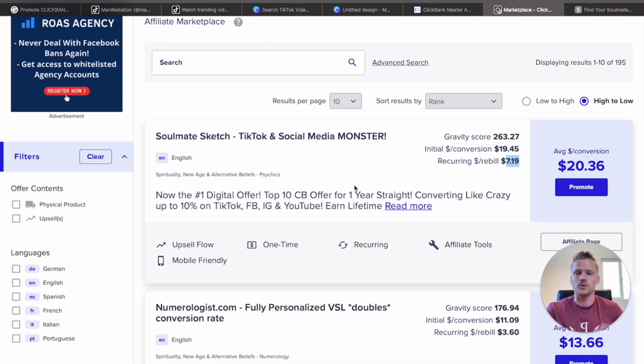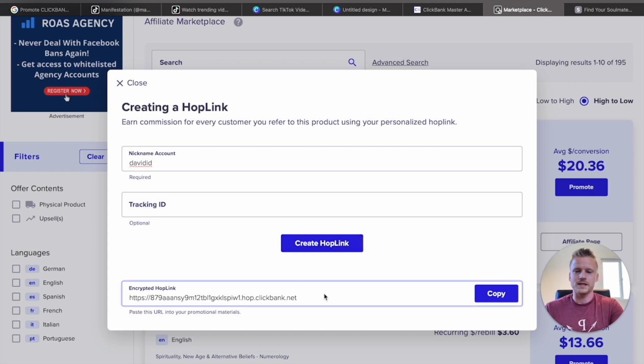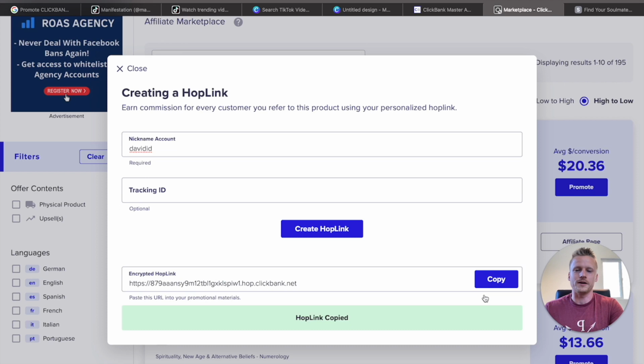But now what we have to do is grab our affiliate link. So go ahead and click on promote. So now we have to go ahead and just enter in our account nickname. Mine's David ID. Just click on create hop link, and that's going to create your unique affiliate link. So go ahead and just hit that copy button, and that's going to make sure that you have that affiliate